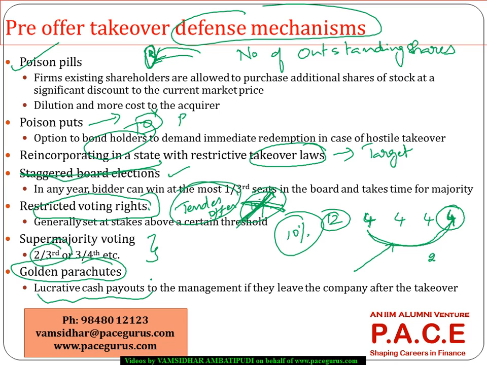So, even from an acquirer standpoint, one, the senior managers of the company are leaving, and two, there is a huge cash outflow from the company after the takeover, which could leave the synergies of the takeover least affected. So this may make the acquirer back out from this takeover transaction also. All these kind of things are considered as the pre-offer takeover defenses in the M&A world.